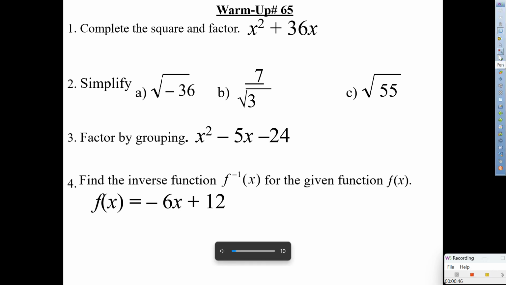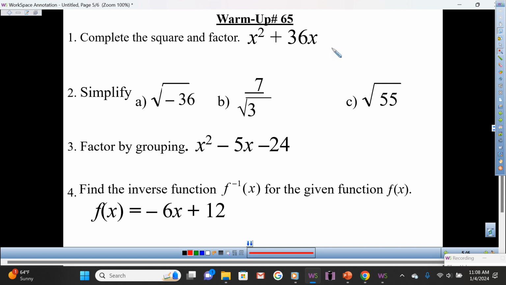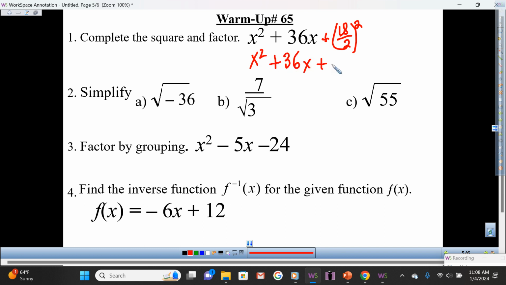As you're sending me that work in, who was going to get us started? Anthony E., thank you for reminding me. For number 1, complete the square. What do I write? Plus 18 over 2 squared. Hands up if you wrote that so far. Which gives us x squared plus 36x plus 18 squared, which is